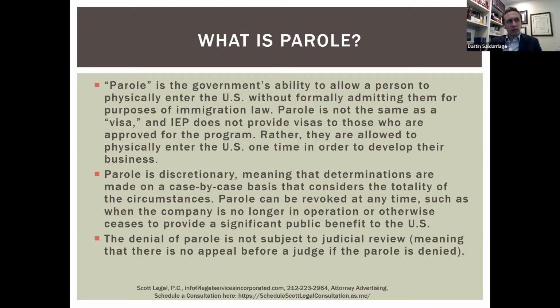All this does sound scary, but the government has been quite clear that if you do apply for IEP and if you are approved for it, you should be admitted. And that family members who apply for travel authorization should be approved if the principal applicant, the entrepreneur, is approved. So I share all of this to give the full context of what parole is and what the government's powers really are. But the fact is that once the program gets rolling, is operational, and people are approved for it,